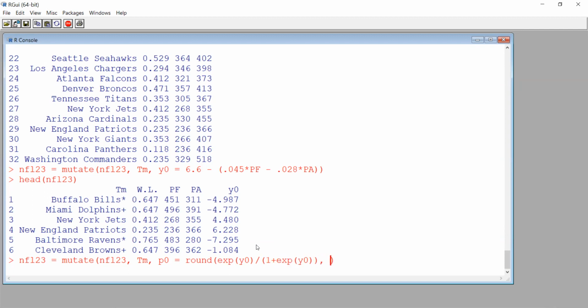Let's see. Not enough. So round this whole thing to 2 decimal places. That looks better. And then close that.